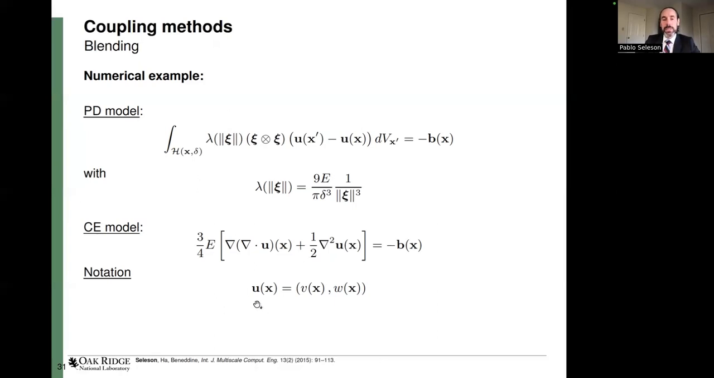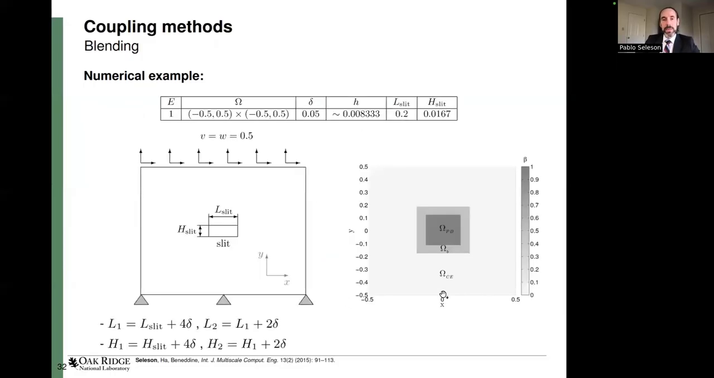where the notation is that U has v as the x component and w as the y component of the displacement. We're going to look into the problem of a square plate with a rectangular slit, like a hole at the center, and we're going to apply traction and shear here. So you can see we pull up and to the side,